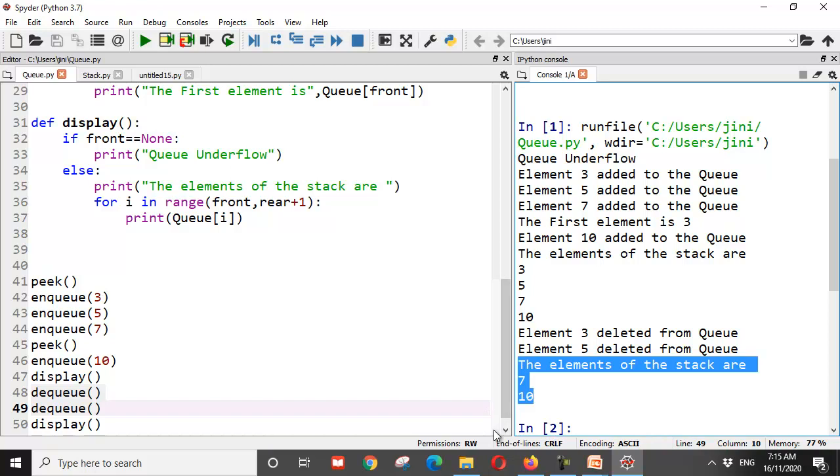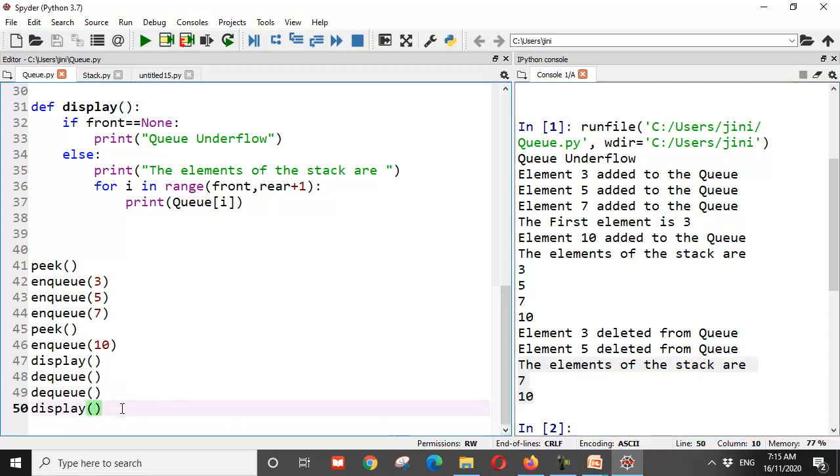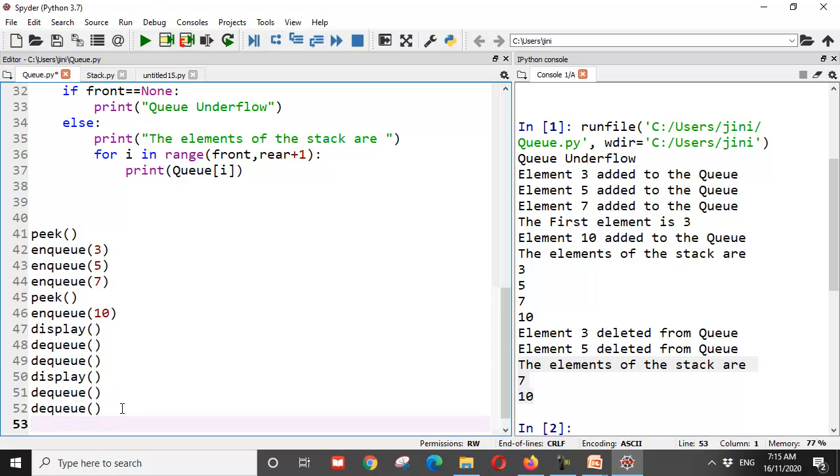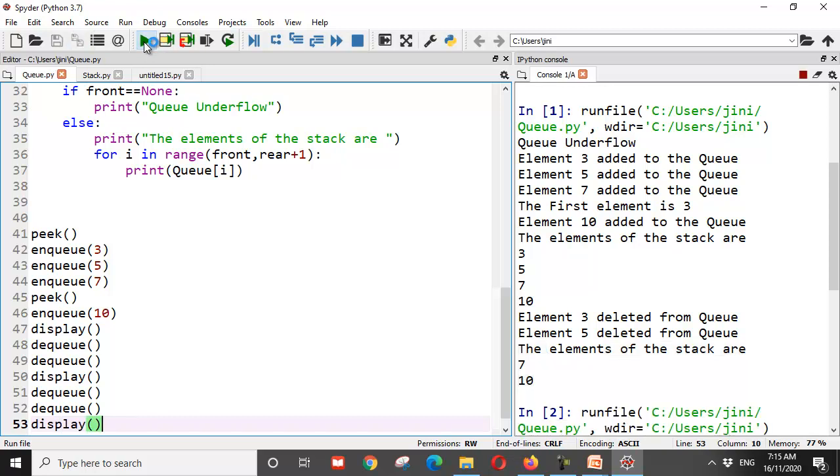Okay, so let's see, suppose I show you a dequeue again. I'm deleting both the elements and then I say display. Let's see what's going to happen. Okay, let's run the program again.